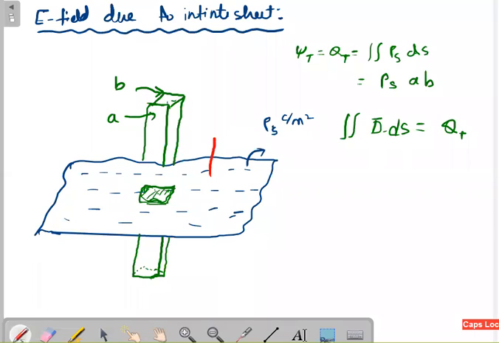But from your experience, you know what will be the final direction of the electric flux. The electric flux will be going in this direction only, exactly perpendicular to the sheet, or otherwise it may be coming in the bottom downward direction, also exactly perpendicular. This is the direction of the electric field. Once you have some vector like this, the direction is z cap, because that direction is going towards z.